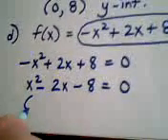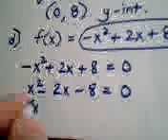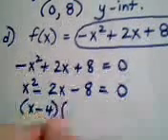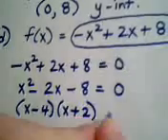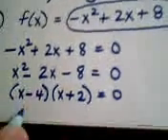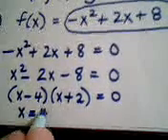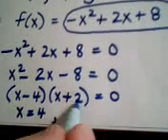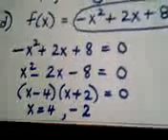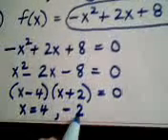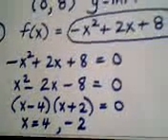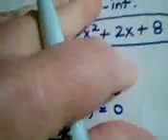This factors as x minus 4 times x plus 2. This factor becomes 0 when x is 4. This factor becomes 0 when x is -2. So the zeros of my function are 4 and -2. Okay? Now, what we're asked to do next